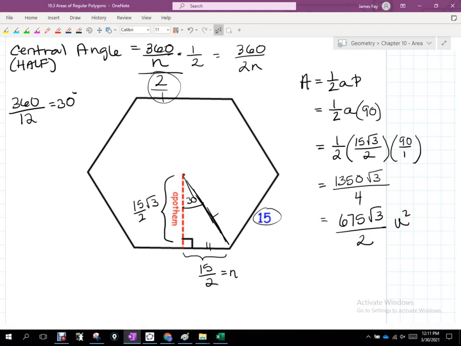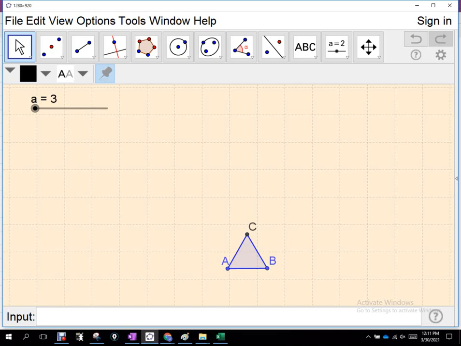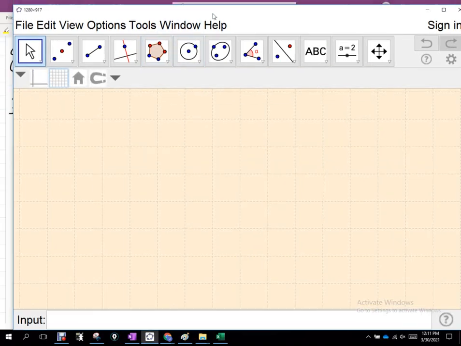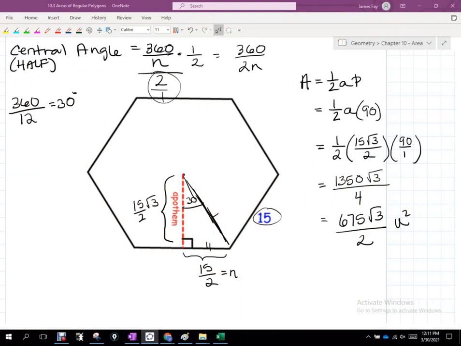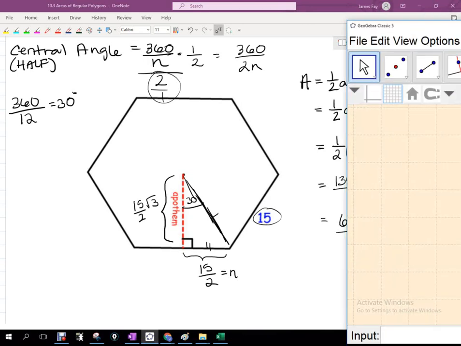And hopefully, what I always like to see, just as I'm learning something new, is a tool somewhere that can confirm to me that the formula actually does work, and that the area I just presented here is legit, like it's not something that's out in left field, okay? So,